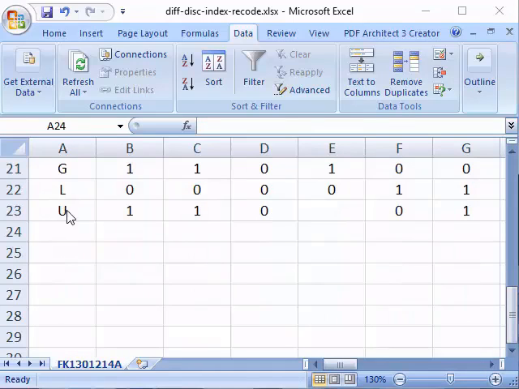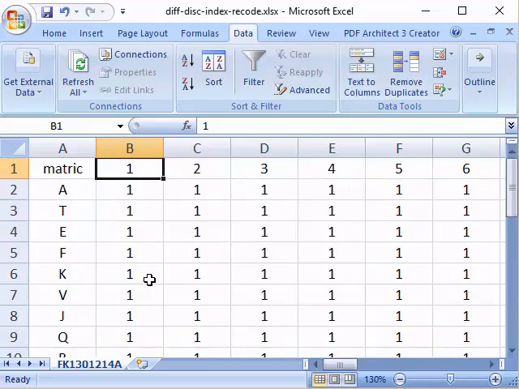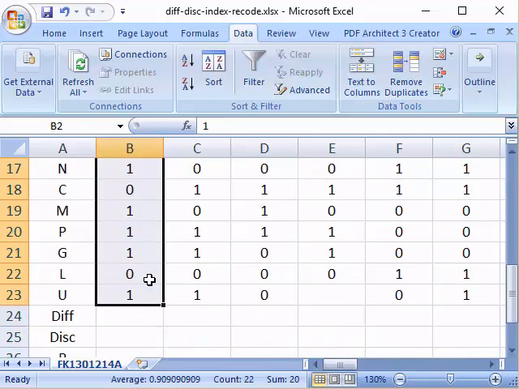Okay, so as I stated earlier, today we're going to get the difficulty index, the discrimination index, we're going to get the P, we're going to get the Q, we're going to get the PQ, we're going to get the SEM, and the reliability. Okay, so let's start with the difficulty index. This is the easiest one. We're going to get the total from everything here, from this question all the way to the last question, from the first student to the last student.